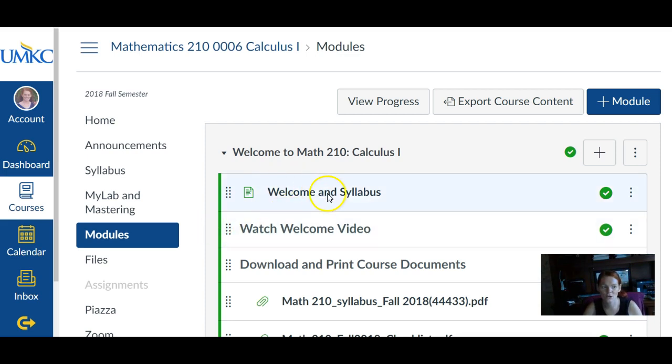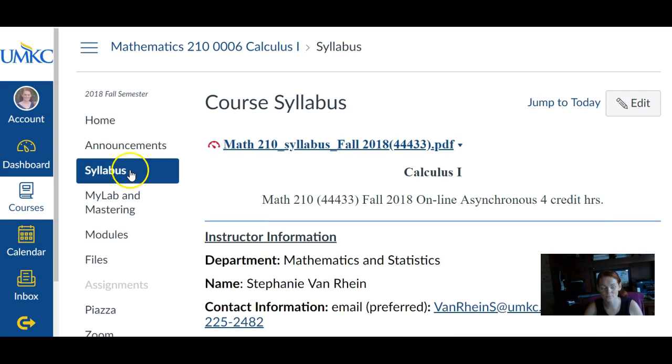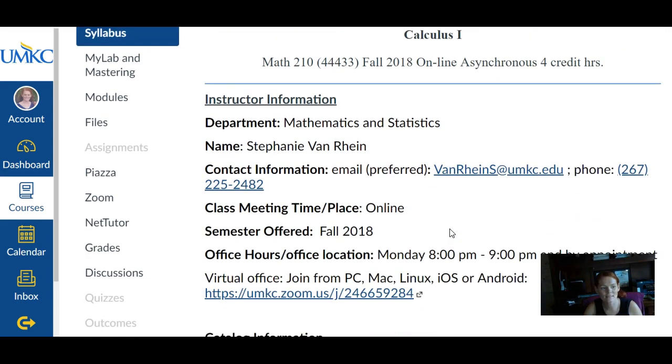The first thing I want to show you is the syllabus. You can find the syllabus in many different links in Canvas. One of them is the syllabus link. You can download it and save it to your desktop or print it off. Some of the highlights is